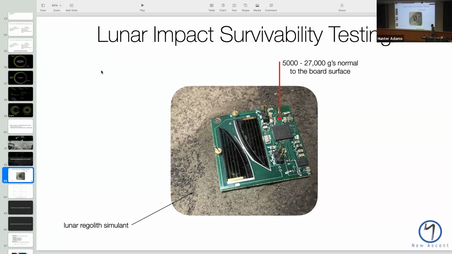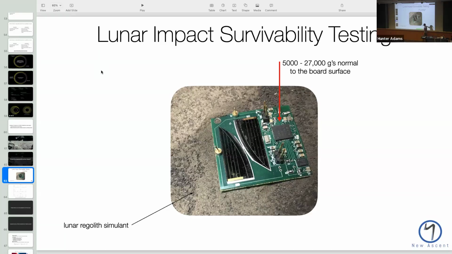Just delightful. But these folks at University of Maryland have a really huge drop table. So you can imagine this being a piece of test infrastructure that includes a platform, basically with big rubber bands holding it to the ground. You crank this thing up and let it go, and it slams into the ground. Of course, it's more sophisticated than that, but that's the basic operating principle. So you can slam stuff into other stuff at up to 27,000 Gs.